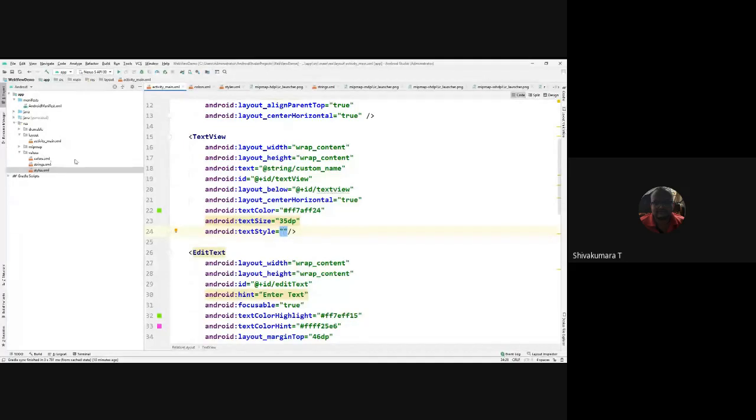The values folder exists with colors as a default file. You can add a few more depending on your application's use. Colors.xml is relevant to colors, which you can customize. Strings.xml is text view related. Styles.xml is text formatting related. You can do these things rather than just directly adding hard coded styles like bold, normal, italic, and so on.